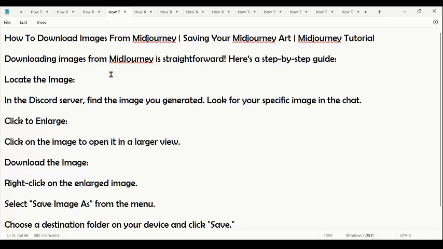Midjourney. Downloading an image from Midjourney is straightforward, and in this video I'm going to give you a step-by-step guide on how to download an image from Midjourney. So let's get started. First, what you have to do in Midjourney is locate the server, find the image